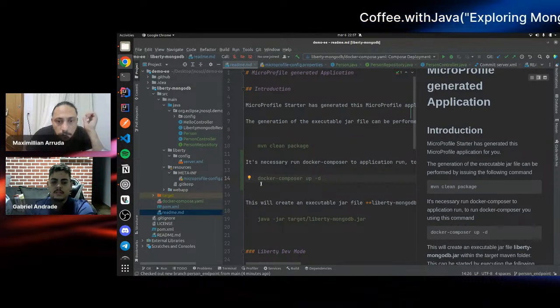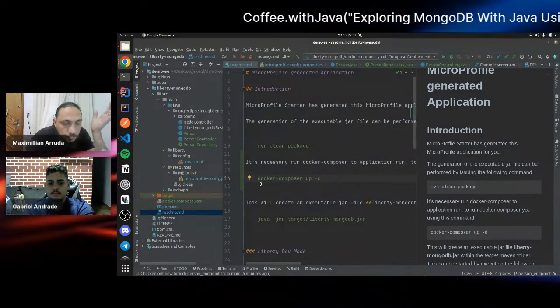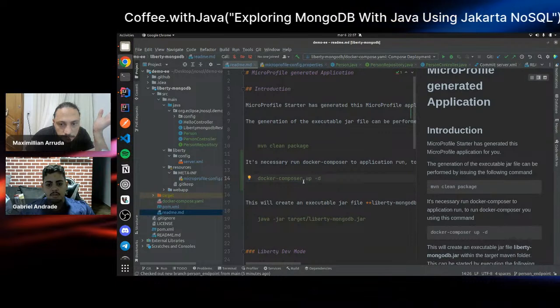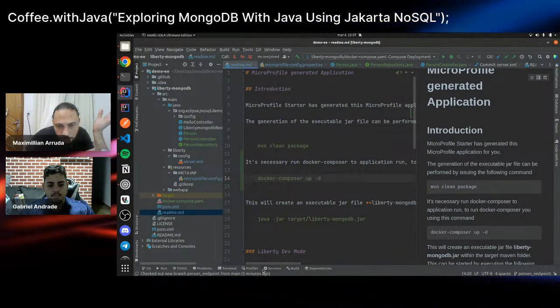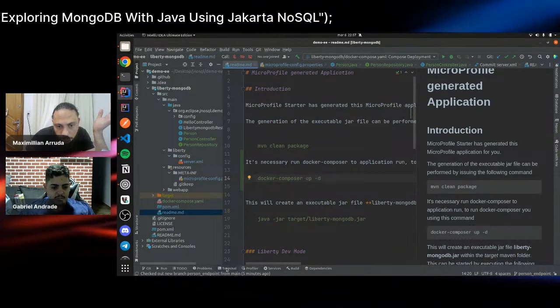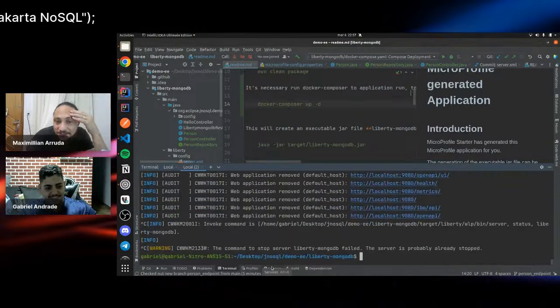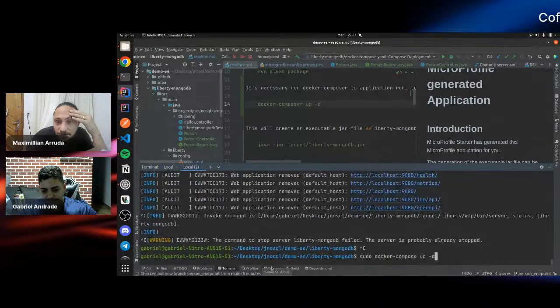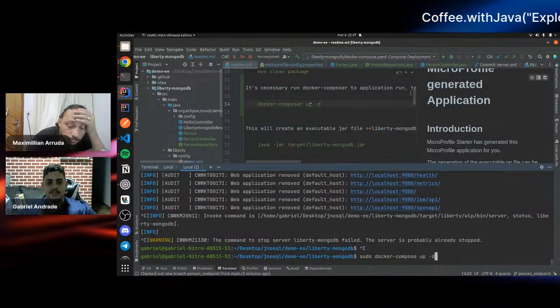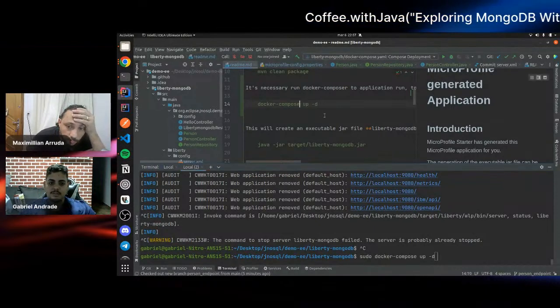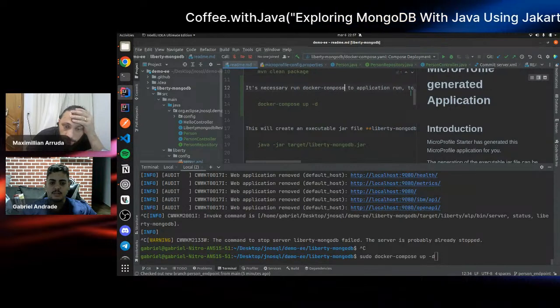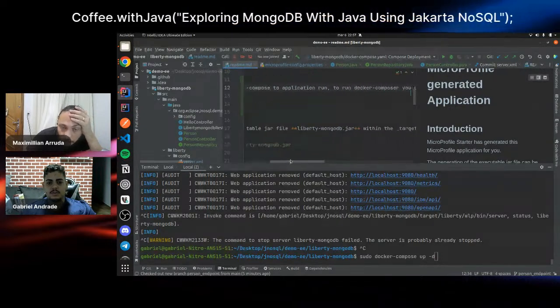Yes, perfect. Okay, Docker Compose without the hyphen. Yeah, but you don't put the sudo command together, okay? Without sudo.